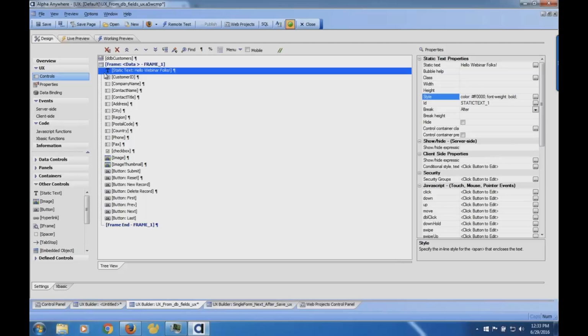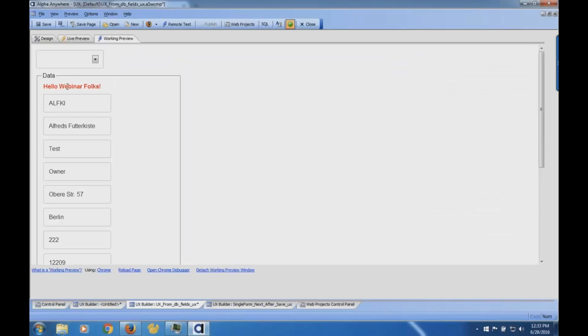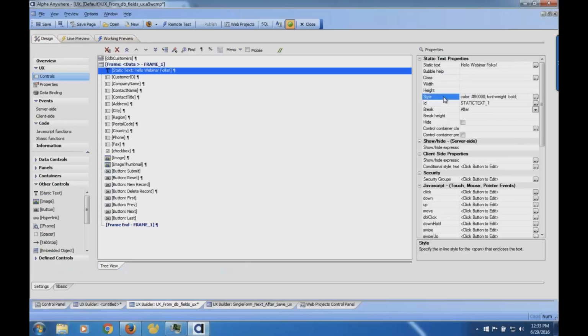I can either take the default, or I can go in and add my own style, or I could define my own class and apply that class. And so now when I go into live preview, you'll notice that my text looks a little different here. You'll notice I'm not using the default style, so if it had text shadowing or something like that, it's been turned off. And now I can completely set that up where it's bold and red in terms of my style. So that's a quick and dirty way.